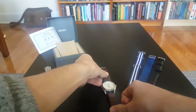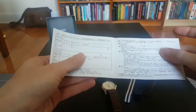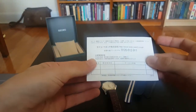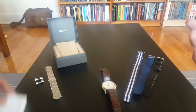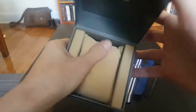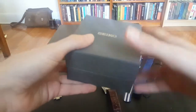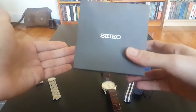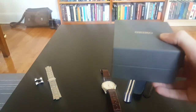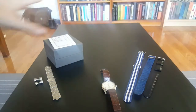It comes, if you didn't know, in the JDM or Japanese Domestic Market style box with a Japanese domestic warranty that is not valid internationally, so you can't really use the warranty for anything. Keep that in mind if you're going to buy one. And it's this gray box with the sort of soft beige cushion inside. It's very simple, nothing special, but a little bit nicer than those ubiquitous blue international boxes with the leatherette cushion. But with that out of the way, it comes also on